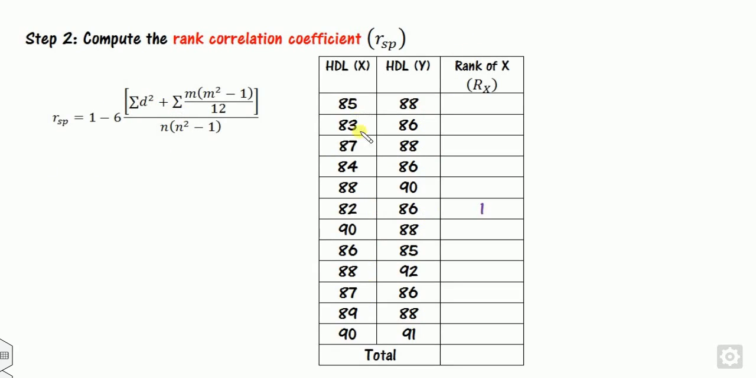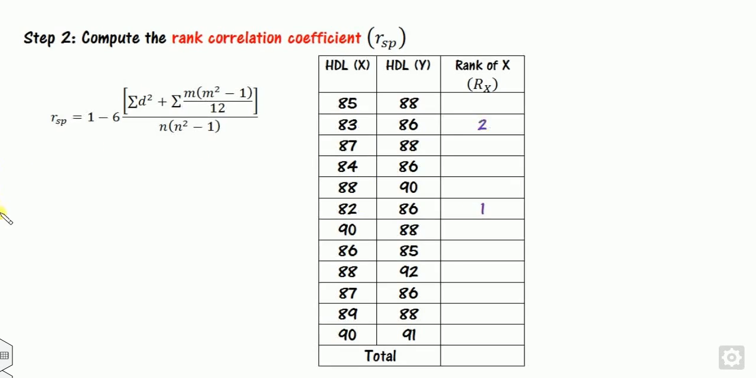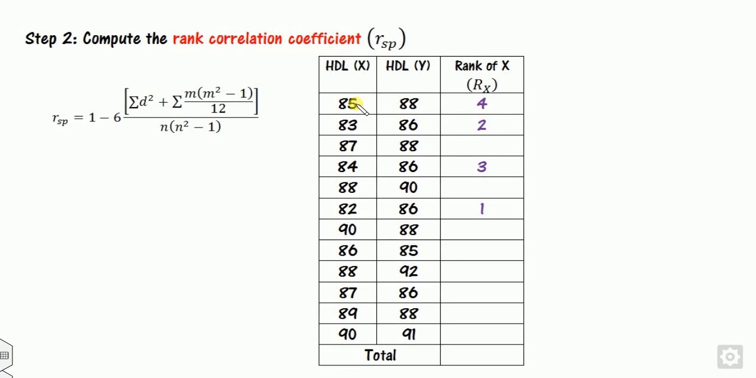Now the rank of X. What is the smallest number? 82. What is the next smallest number? 83, only one time, so it is my 2. What is the next smallest number? 84. This occurs only one time. So here and this. What is the next smallest number? 87. This occurs 2 times. Now what is the position here and here? We already put up 4 positions, so it will be 5 or 6. So it's 5 plus 6 divided by 2, that is 5.5 and